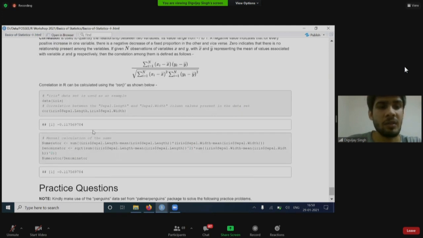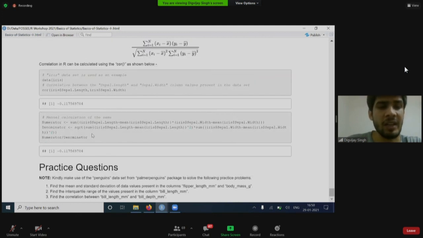And this is about correlation. So finally, there are 3 practice problems. For these practice problems, it is advised to use the penguins dataset from the palmerpenguins package. You must be familiar with the palmerpenguins package because this package has been used in the practice problem questions of the spoken tutorial. Now you have to use the same dataset, penguins, from the package to solve the following 3 practice problems.